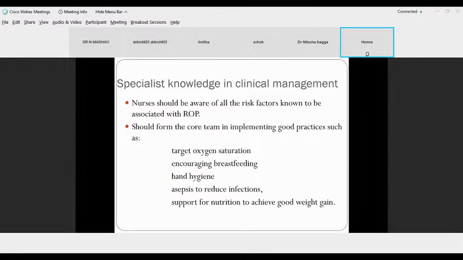So we should have a core team which can implement good practices like target oxygen saturation by setting alarms of the monitors so that there is no hypoxia as well as hyperoxia. And we should have a prompt response to these alarms. Encourage breastfeeding and encourage the mothers to express their milk, and hand hygiene, how to wash hands as soon as the delivery occurs and the baby is inside the NICU. We should educate the caregiver, also the mothers, how they should